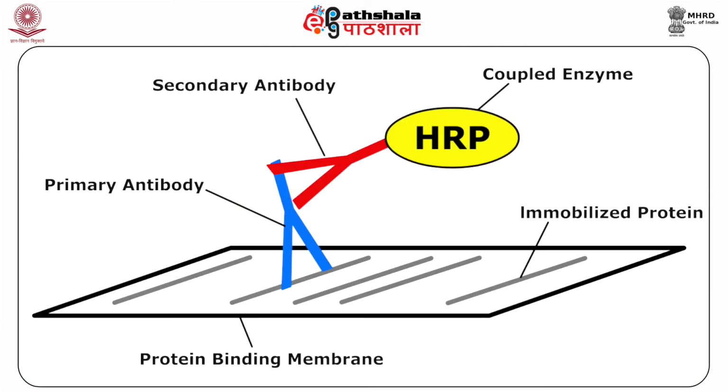After washing with TBST or PBST, the membrane is then detected using the labeled antibody, usually with an enzyme such as horseradish peroxidase or HRP. Since secondary antibody is directed against the primary antibody, it leads to signal amplification. Following incubation with secondary antibody, the membrane is again washed thoroughly to minimize non-specific binding.